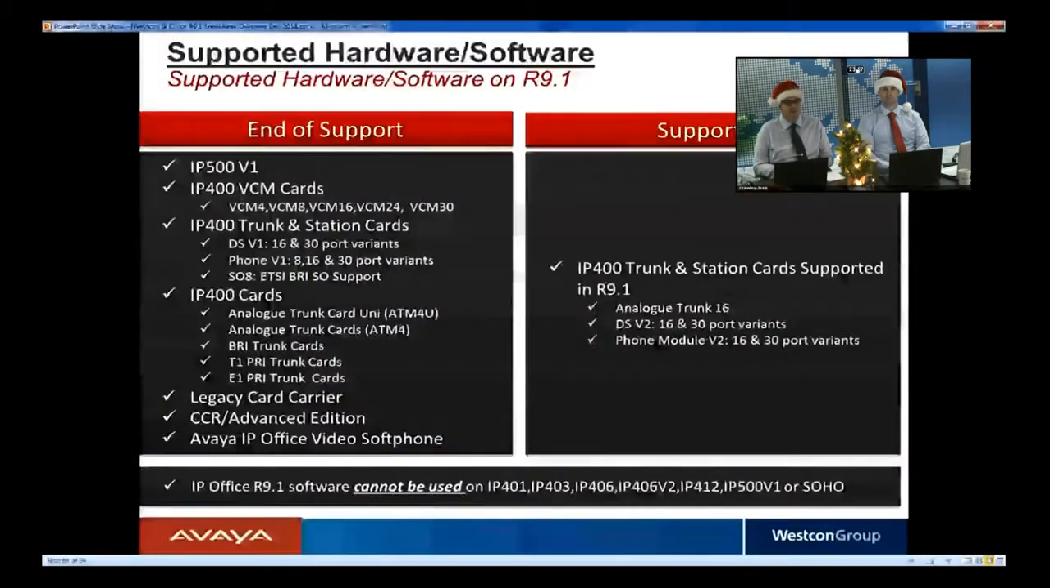Okay, list of systems are shown here. So unfortunately, any IP500 v1 chassis will not support release 9.1, nor will any of the IP400 modules that you can see there. So the analog ones, the digital ones, none of those, the DS v1s will not be supported. The only IP400 modules that are going to be supported moving on are the DS v2s and the phone module v2 modules. And if you're not too sure what a customer has got, then by looking at the configuration